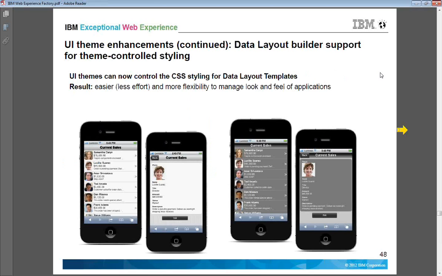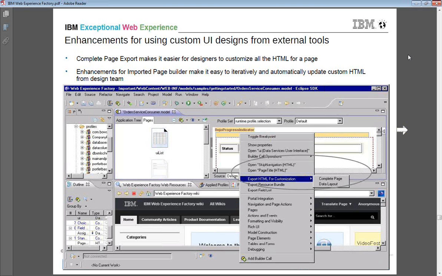And you have data layout builder support for theme controlled styling. So you can define how the content should look. And you can